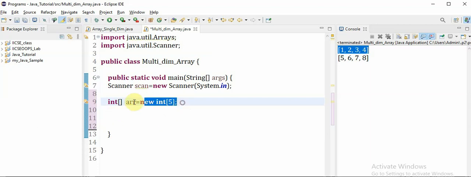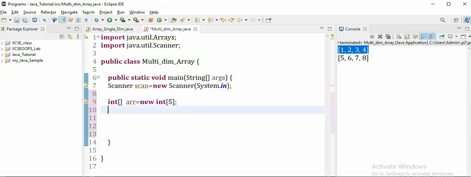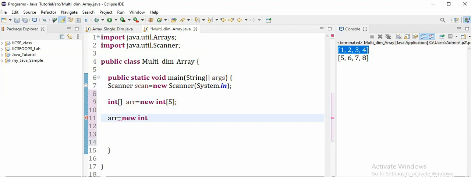This is how we have defined an array of size 5. Later on if you think that you want to increase the size of the array, then I can say again arr equal to new int, the same array, and I'm going to increase the size of the array to 10. So this is also possible.